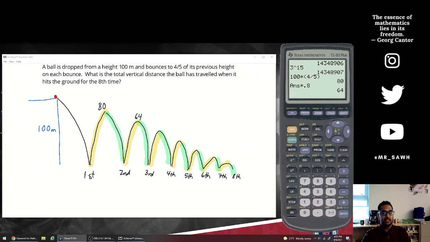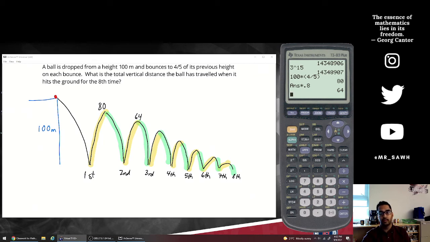Now, the distances in yellow, all the ones going up, are equal to all the ones in green. So if I can find the ones in yellow, I'm just going to double them to find out what the total is. So I know 80 only talks about 80 going up, how much it reaches after that first bounce. If I double it, I get my full total. So I can find out what the sum of those first 8 terms happens to be, that's a total,